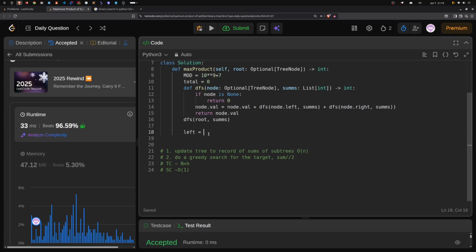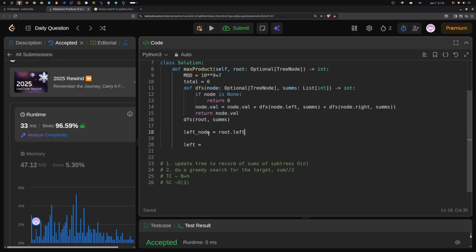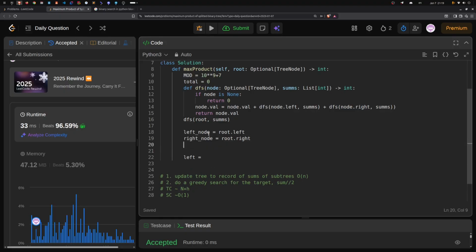So DFS was the root and sums, and now I go for the left from the current, and left is going to be called left node is equal to root dot left, and then right node is going to be equal to root dot right. So while left and I'm going to have the left one